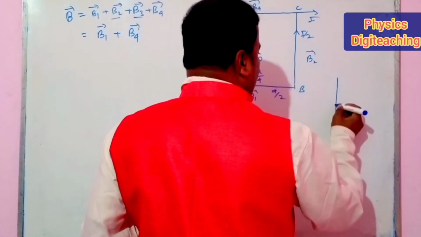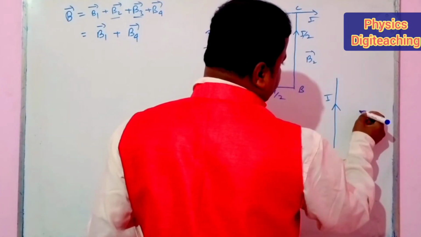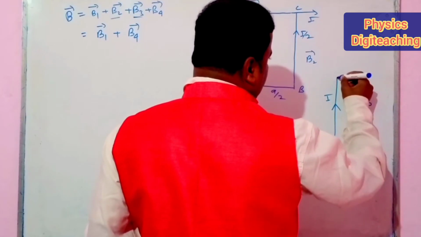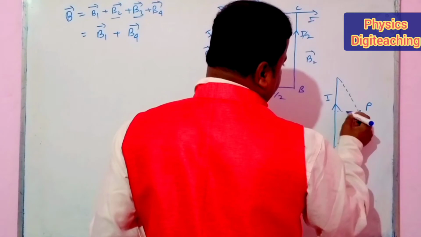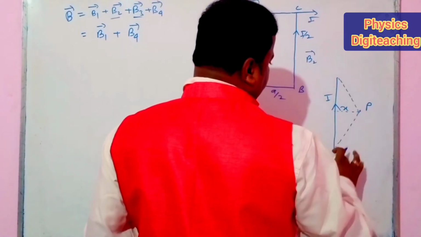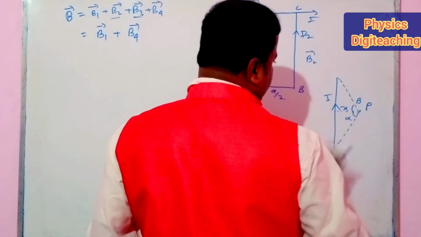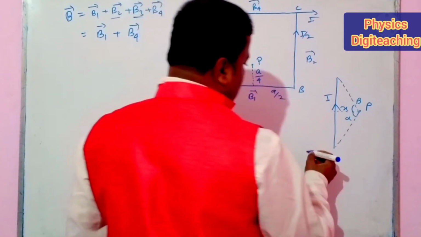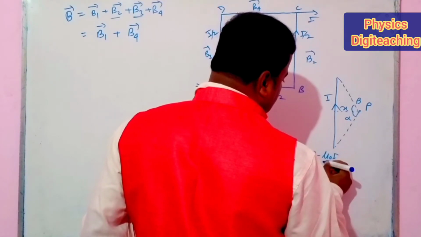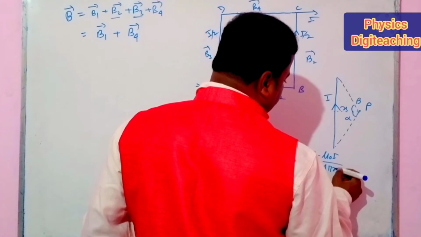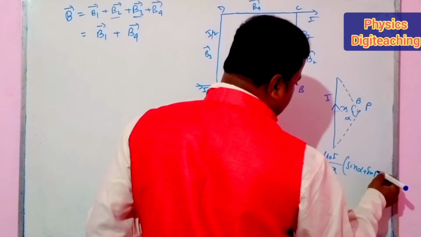This is a conducting wire. Current I is flowing. Here is a point P and the two ends. This is the distance h. These two ends make angles, this is alpha and this is beta. Then the formula is B equal to mu naught I upon 4 pi h into sin alpha plus sin beta.